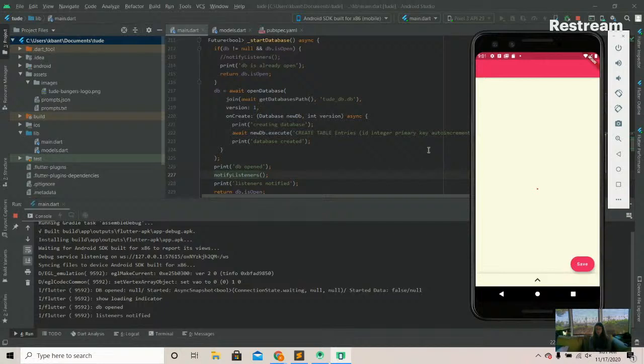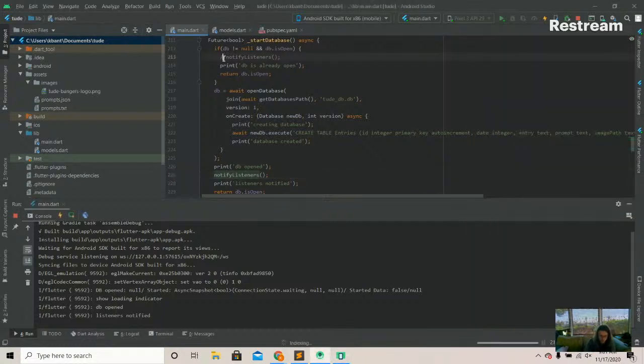This is no bueno. So what can I try next here? I mean, we've already liberally used the print statements, we know. So I can undo this notify listeners. So if the DB is open,